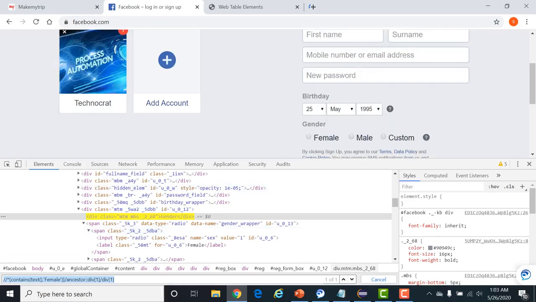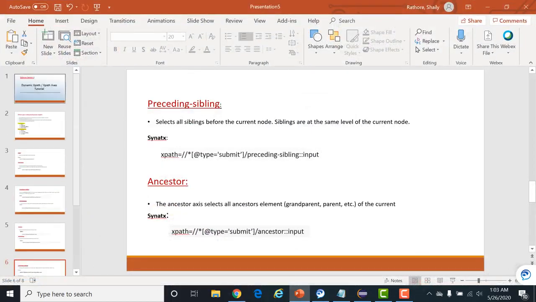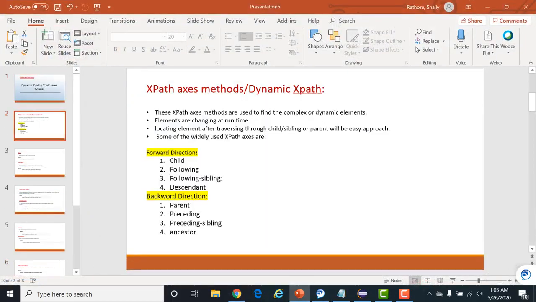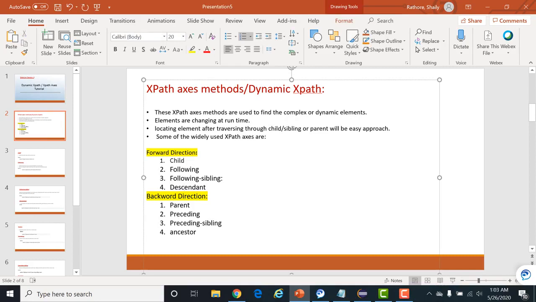So guys, in such a way, we can use preceding siblings, preceding, parent, and this ancestor, meaning all the backward axes. In most cases we work with forward direction axes like child, following, and descendant, which are widely used in Selenium. But there are many interview questions on backward axes as well, like parent, preceding, and in what cases we should use preceding siblings. So you should be aware of all these things.